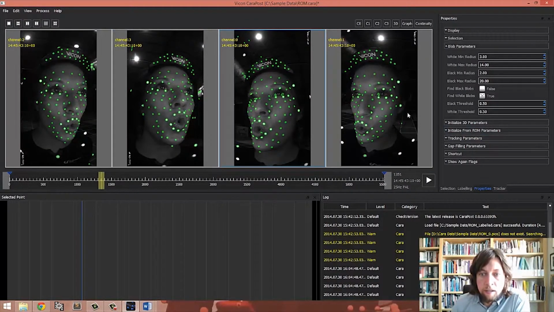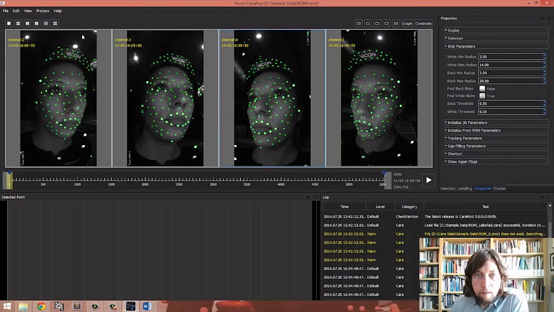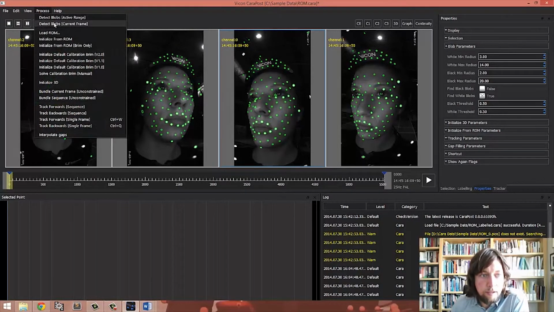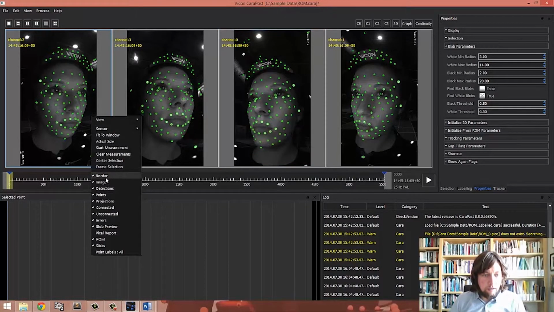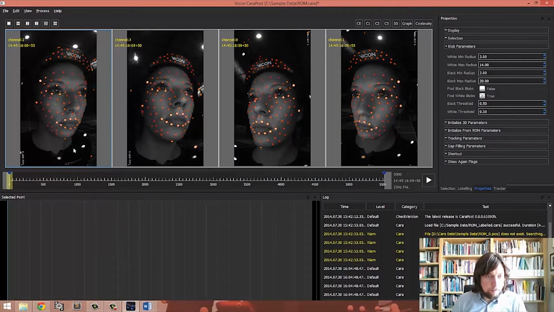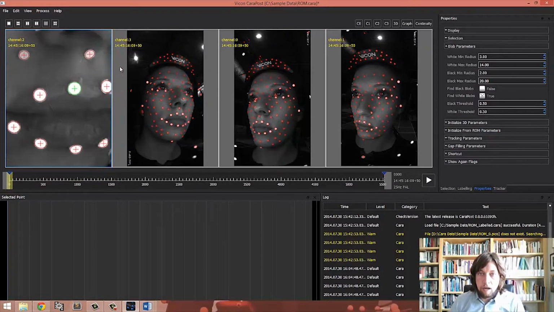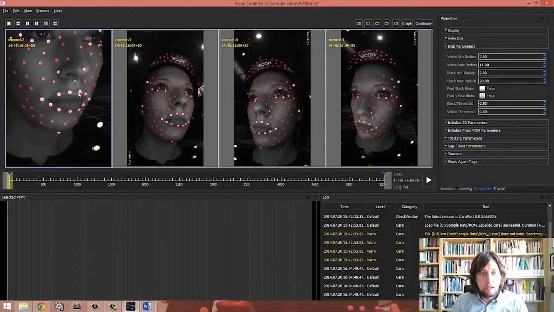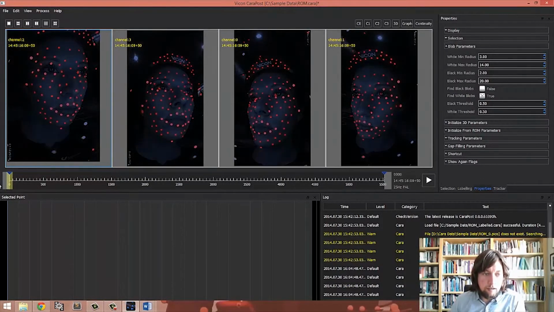So we're now going to create detections across our data. Now we've got a couple of options here. We could either just do the first frame, so we would go Process, Detect Blobs, Current Frame. Now if I right click in the view and hide the blobs, we'll see these red detections, which we can now select. So CaraPost has gone in and said, well, here's a blob here, I'm going to create a detection for you. And that's fine for a single frame, and we could start working on the data in that regard,